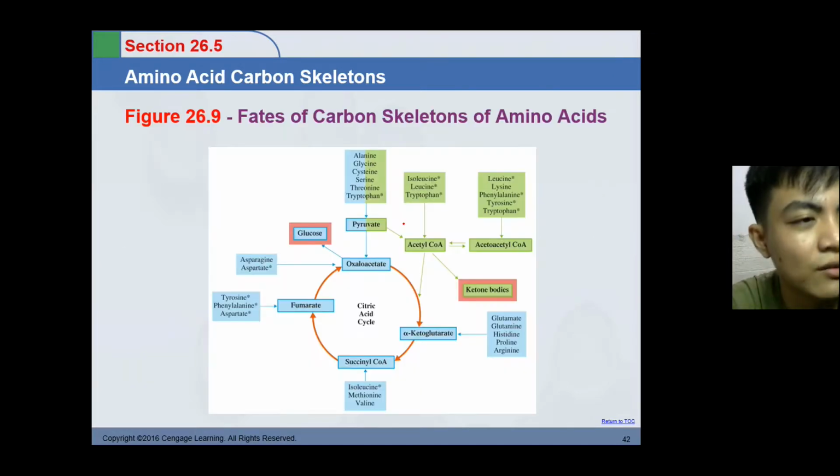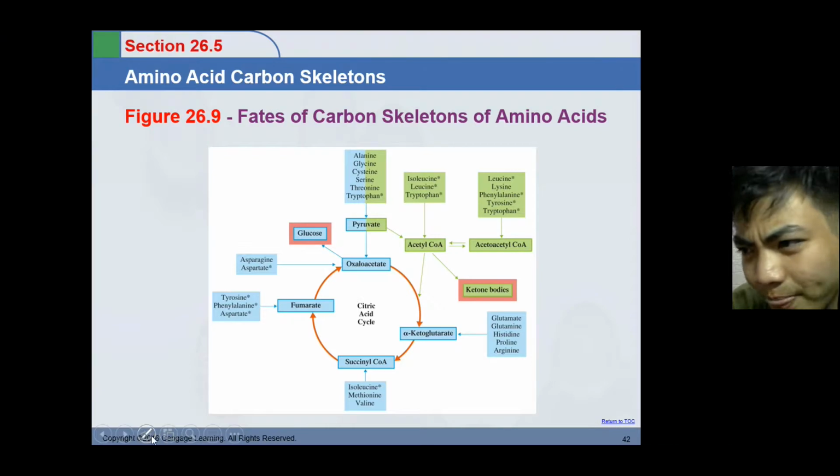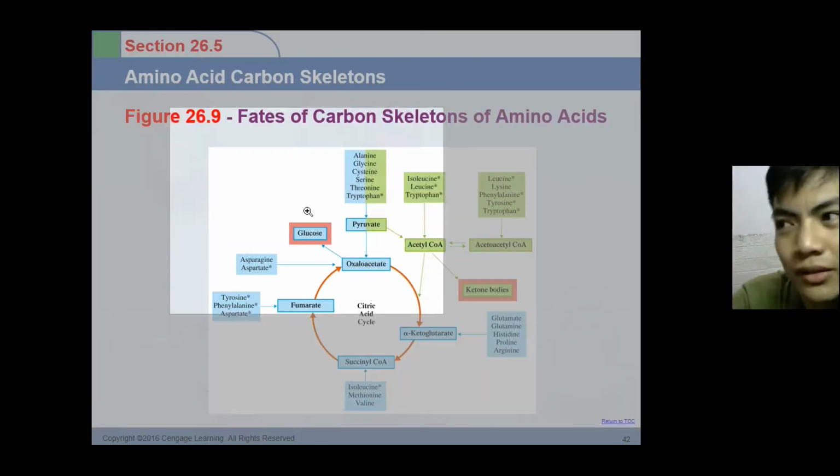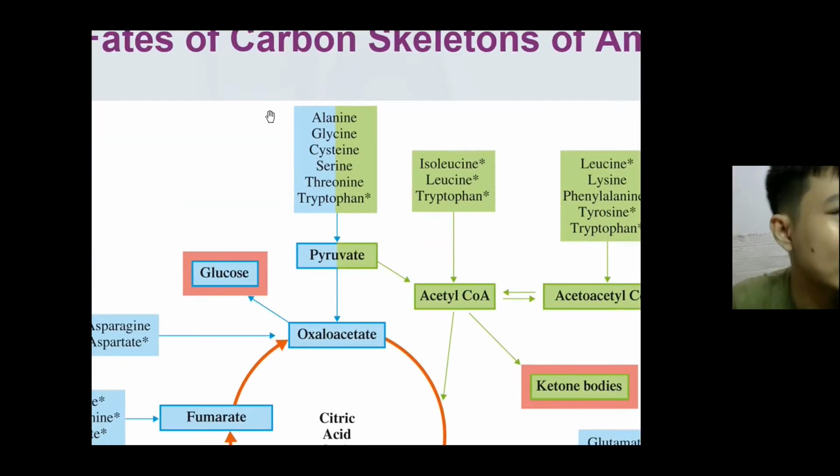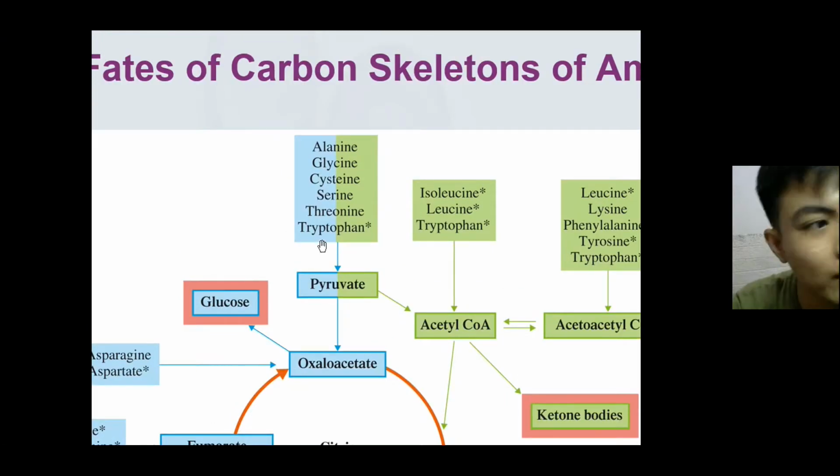And we have a list here of our amino acids that can be used for specific types of reaction. So let's look into it. Don't memorize this. Just make a cheat sheet. So alanine, glycine, cysteine, serine, threonine, and tryptophan, when you eat those, they can all be converted into pyruvate. Remember our example earlier, the alanine was converted into pyruvate eventually with the help of our enzyme,